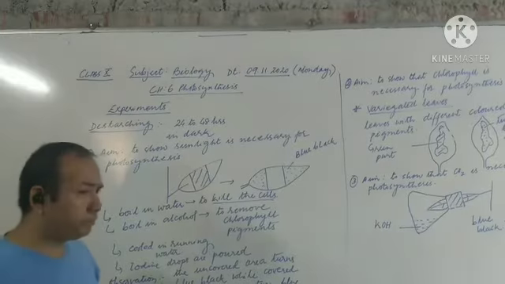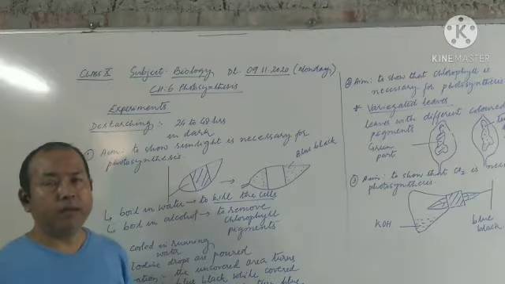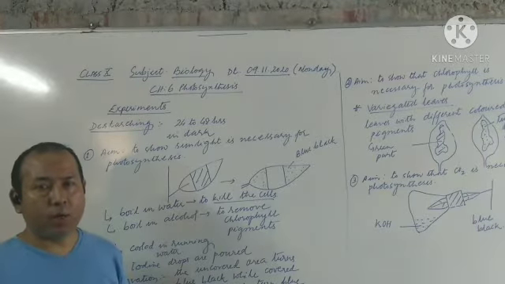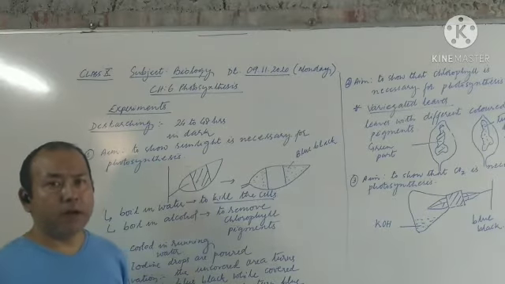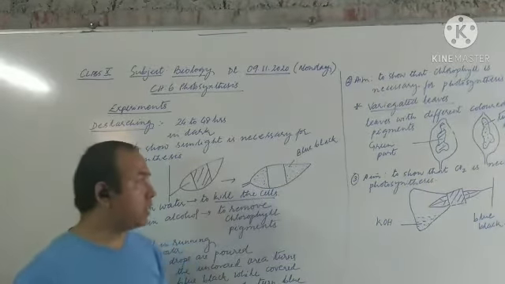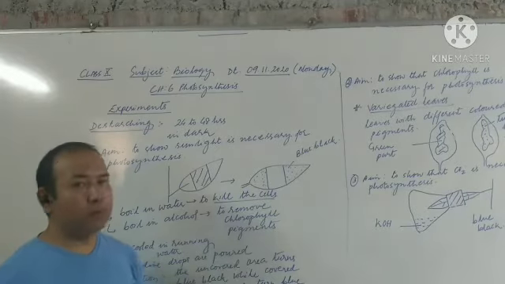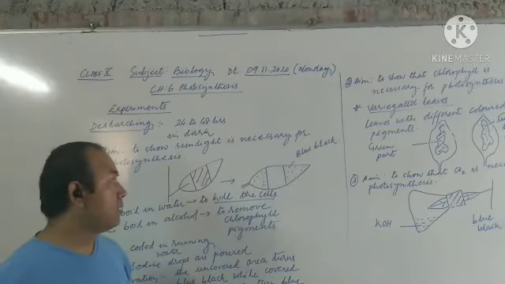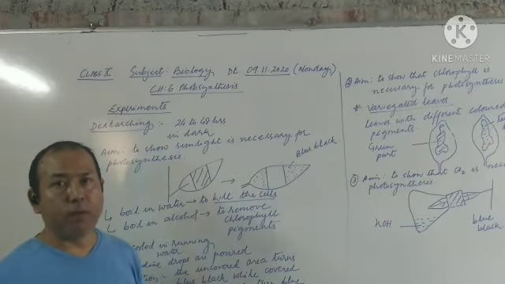Then after boiling in methyl alcohol, the leaf is washed and cooled in running water. Then after that, we put a few drops of iodine over it. Then what we see is that the portion which was uncovered turns blue-black, and the portion which was covered by the black paper did not turn blue-black. The reason is that iodine, when it reacts with starch, always gives the color blue-black.